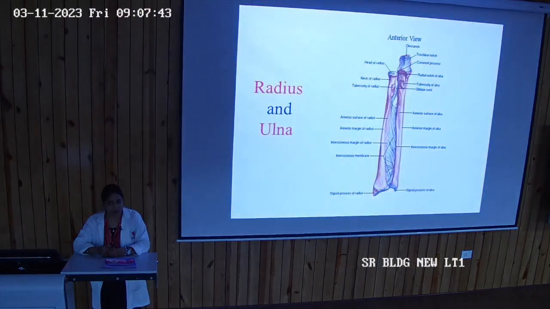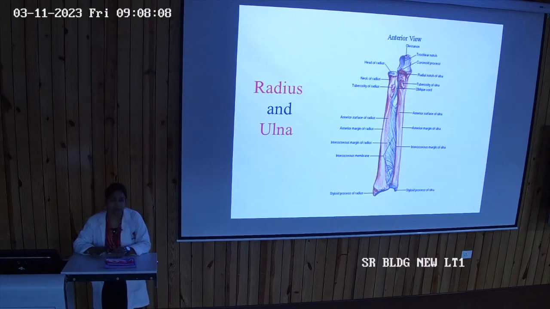So let's start with the first joint, that is superior radioulnar joint. When you study about a joint, you start with the type of variety it is. Superior radioulnar joint, what variety of joint it is, you all should know. This is also asked in exam MCQs, that it is pivot variety.